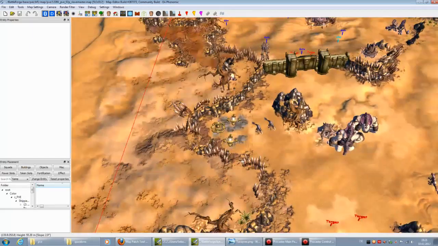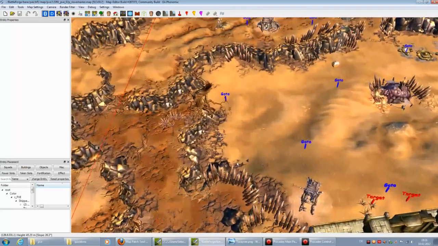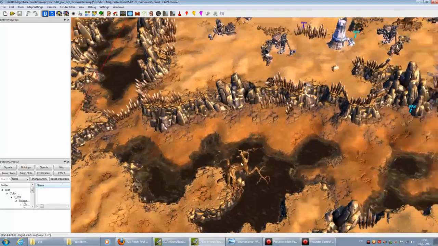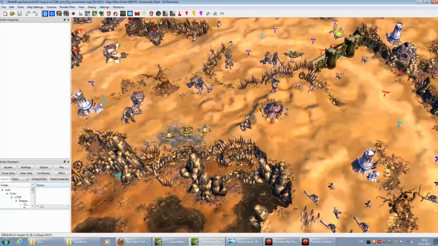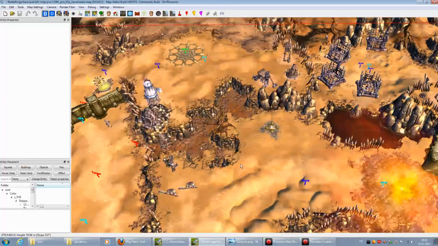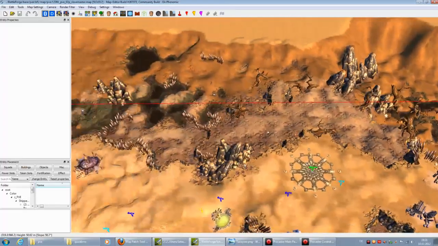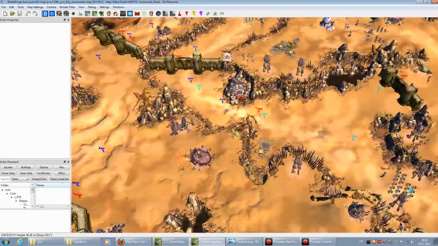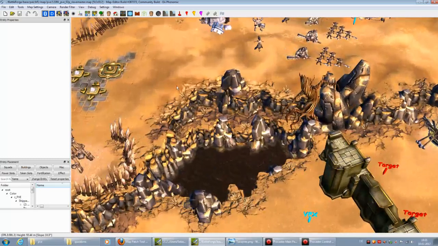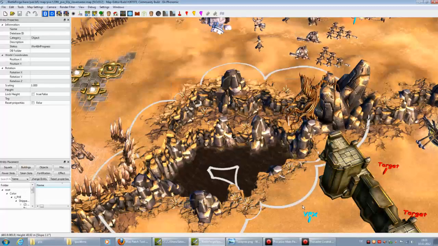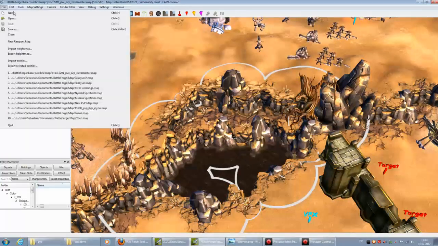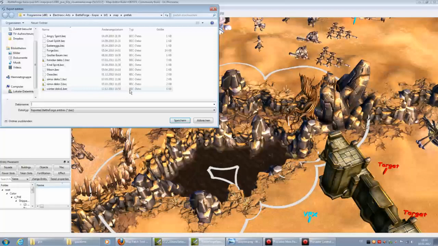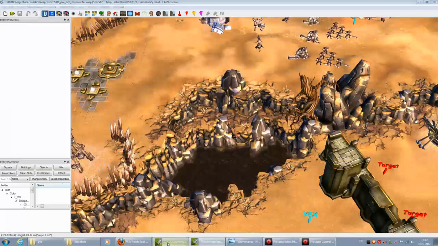I can take, for example, I don't really like the scenery, but okay, maybe I take just this. Now I export selected entities, call it as I want, Desert 1, and go to my map,